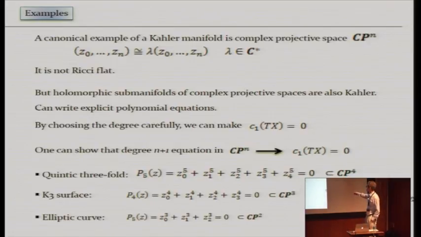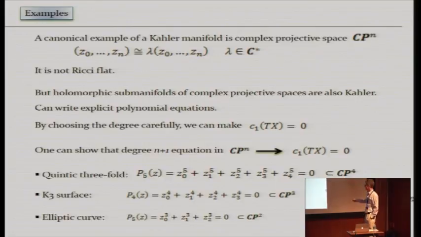Okay, so if we just consider CPN, simplest case, it turns out that you want an equation of degree n plus 1. Okay? So there's a simple calculation you can do, which then tells you that the first Chern class vanishes. You can find it in the notes if you want. Okay, so that leads us to perhaps the most famous Calabi-Yau threefold of all. We just take CP4, okay, and that's 4 complex dimensions. You want a threefold, so you want to impose one complex equation to get a threefold, okay? And we want to take the degree of this to be 4 plus 1, which is 5.